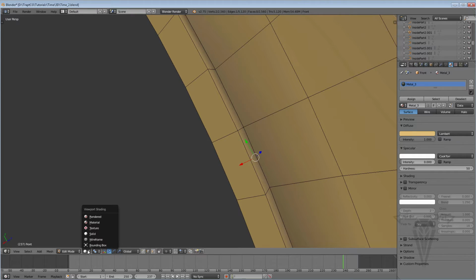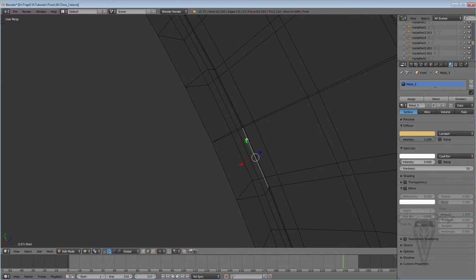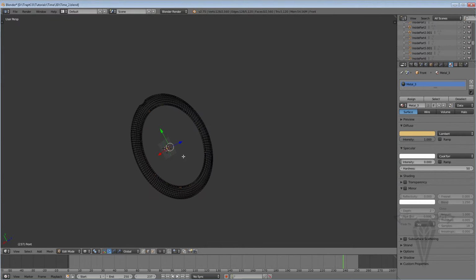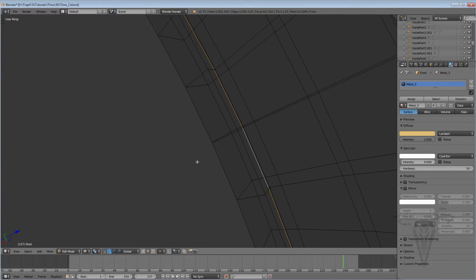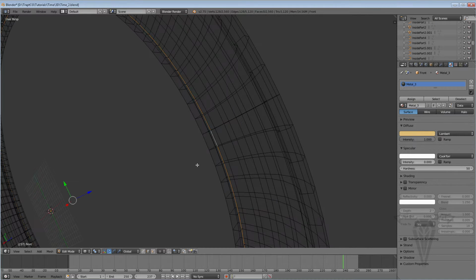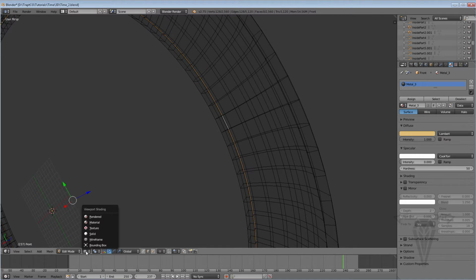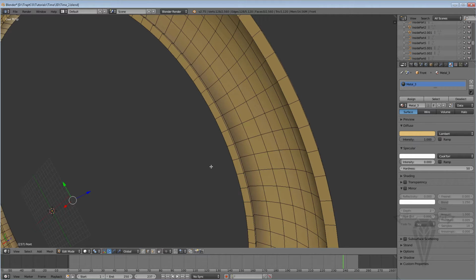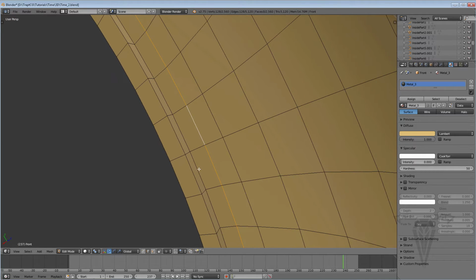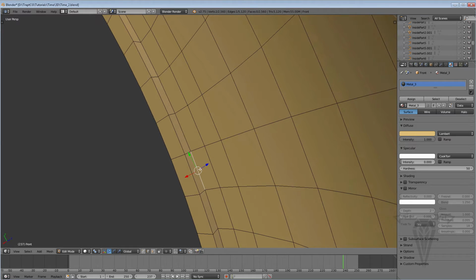So let me go back to wireframe, and I'm going to hold down Alt and click on the edge, so I can select the edge all the way around, all right? And let me zoom out to about there. I'm going to switch over to solid mode, and hit S on the keyboard so I can scale it up and frame it just like that. Okay, so now if I click on this edge and move it around, I've got no overlapping edges or vertices, and that would have caused a huge problem with